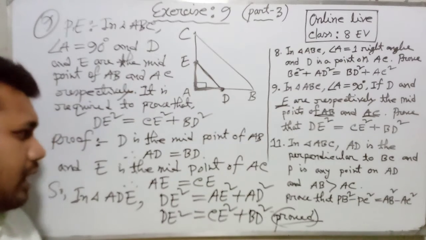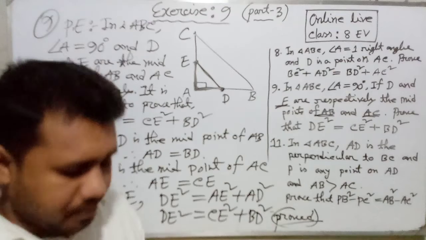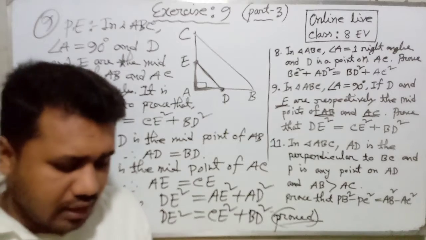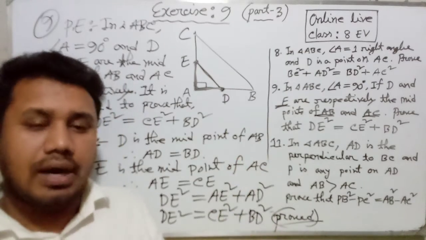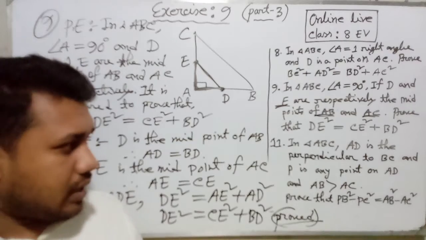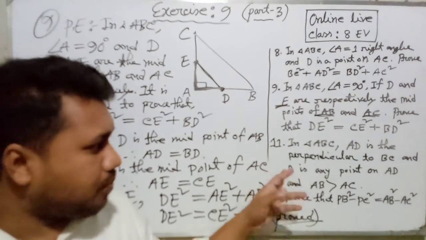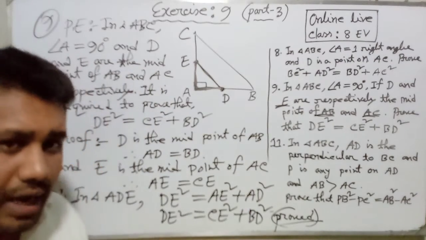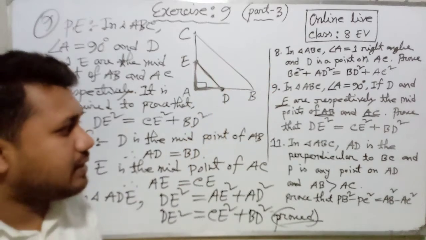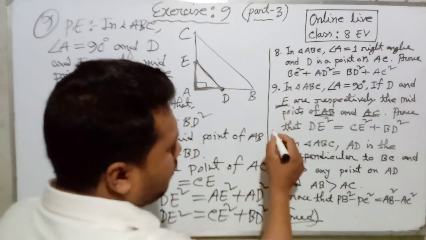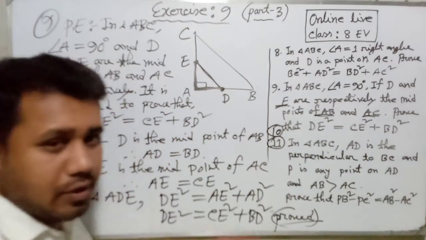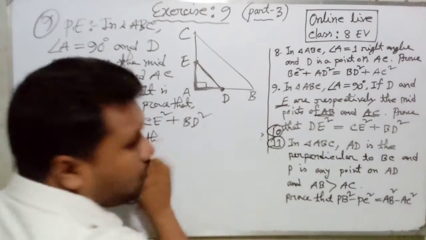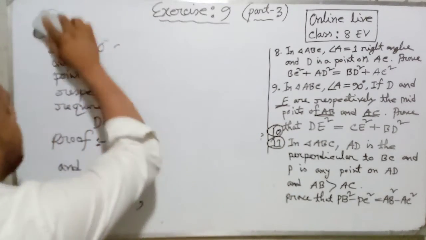Okay. Now we can go to our problem number 11. Now dear student, you can say that sir, where is the problem number 10? Look, problem number 10 and 11 both are the same thing. 11 is more of an extension than problem number 10. If you solve problem number 11, then problem number 10 will be already solved. Clear? Don't worry, I will discuss. So today we will discuss 8, 9, 11 and also 10, because 10 and 11 both are the same pattern. I will show you which one is number 10.